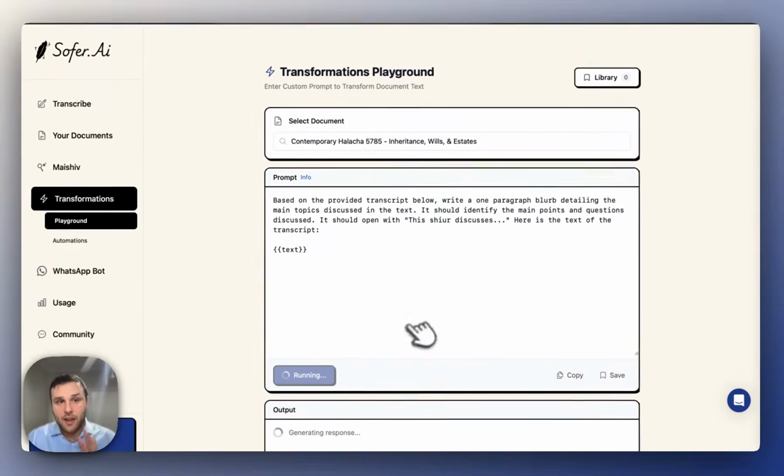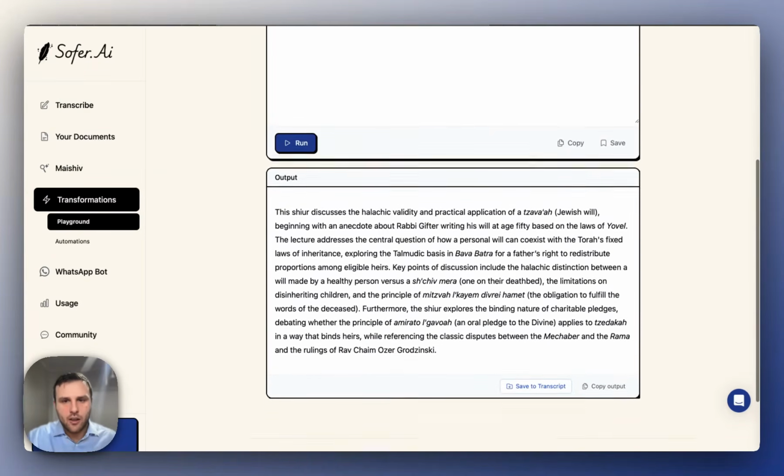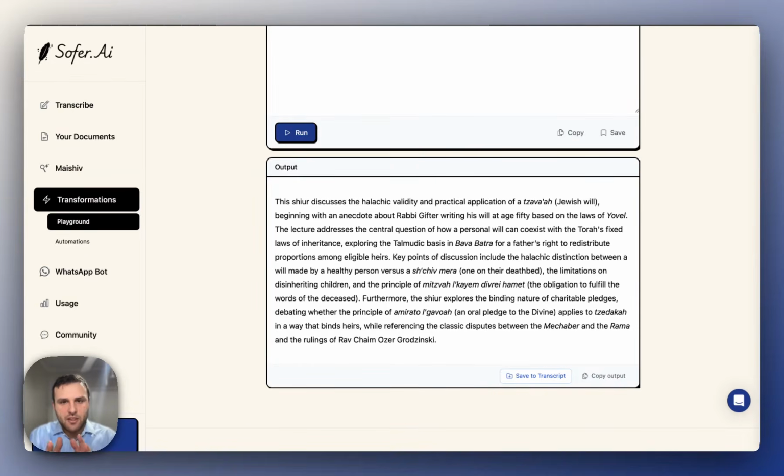When you click run, the first thing it will do is check to make sure that it is an appropriate prompt. A, that there is no inappropriate content, but B, also this can't be used like a chatbot. You can't ask specific questions to the text. It's supposed to be for transformations that could be generalized across different documents. It's really just taking an input and turning it into a different output. And you'll see here that we have our output of the blurb based off my prompt.